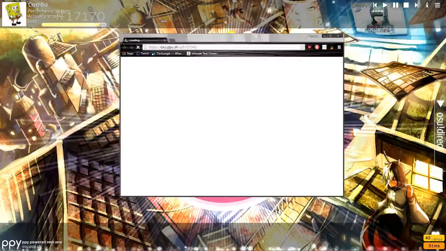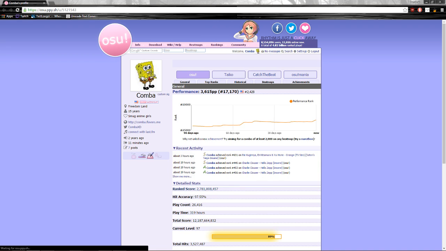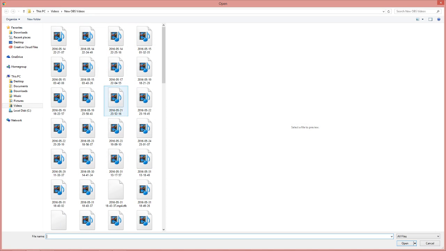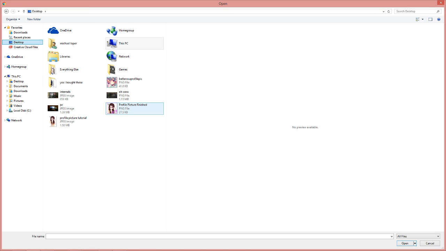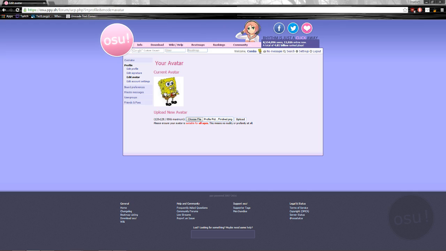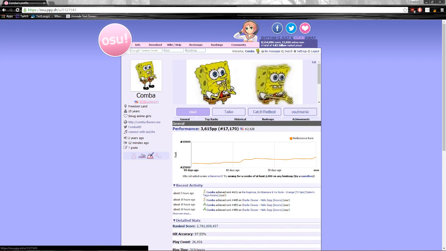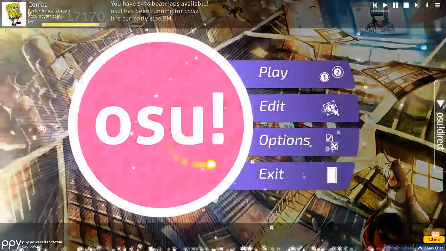I will not be doing this. All you have to do is choose File, Desktop, and then just choose it, and then click Upload, and it'll update, and instead of the SpongeBob hand, you'll have an anime girl.